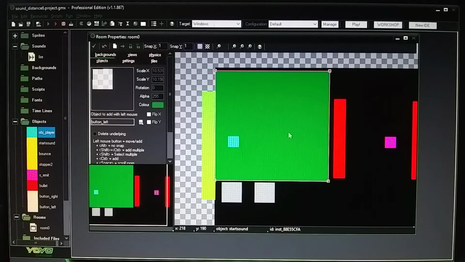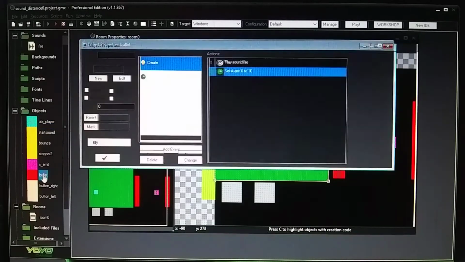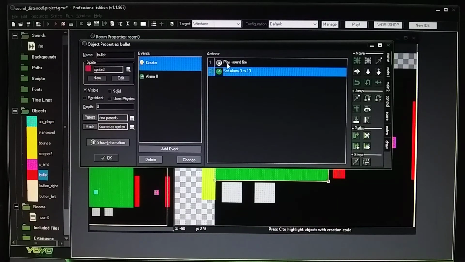So that's how I do my characters, which takes up more image space, but it seems like it works the best. But it takes more time. It's more time consuming, and I may go this method. I don't know, but this is how you pause and resume sound, or you can stop and start sound if you wanted to. And then, like I said, the bullet has the firing sound, and then after the alarm 0 kicks in,